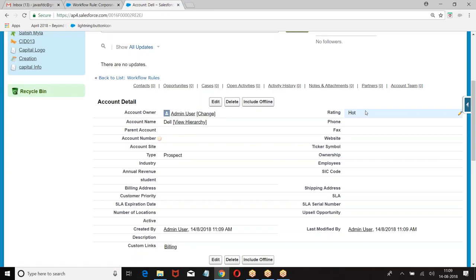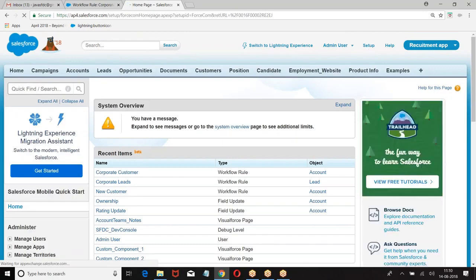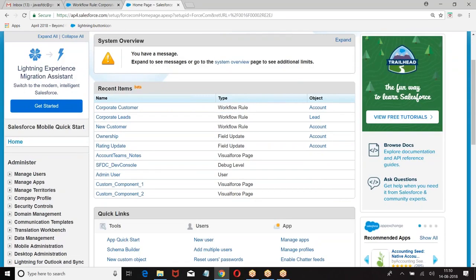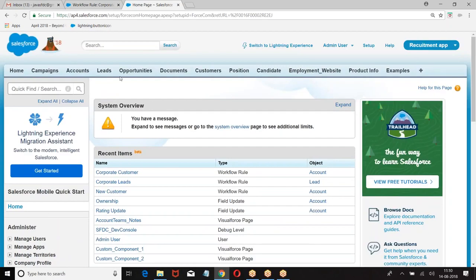Any query on this? Are you clear about this? When the condition is met, modify this action. I hope everyone has followed this example. Now, let us go to the next one. Here, when you are performing a field update action, we had some issues. What was the issue? First, the basic concept is clear. Whenever the condition is met, we are trying to change the value of a particular field. Now, look at my issue.